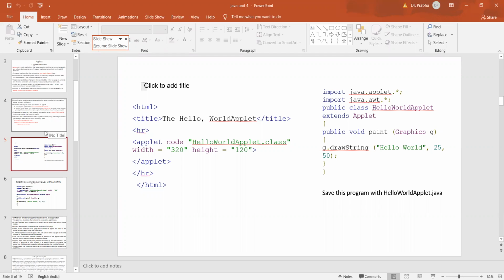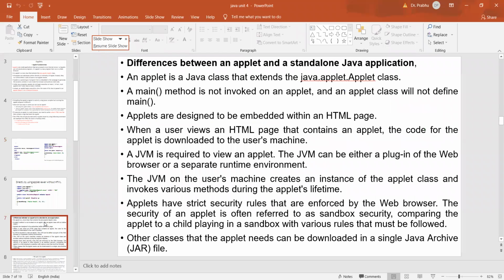You can create an applet using either the Applet class or the Swing class. All these concepts are related to the Applet class only. In the next part of the course we will see the Swing class. Now these are the points that give the differences between an applet and a standalone application. Applets are meant for web service and are not standalone, so there is no need for a main method, and they require HTML code to execute, and a JVM. The JVM is also a very important one at the client side.